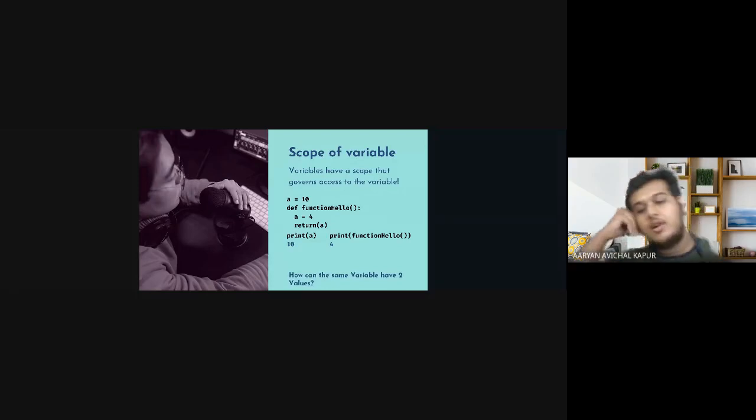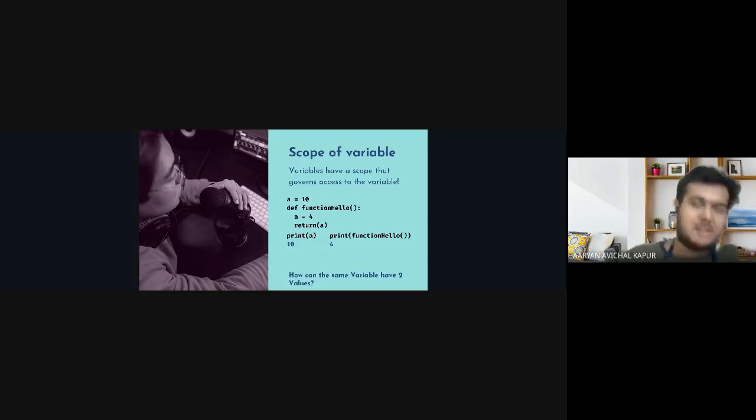Global means that the variable is accessible and modifiable from any part of the code. Anywhere in the code, I can simply come upon it. I can add to it, delete it, do whatever I want inside a function or outside a function, and I can retain that value. Now, local variables are accessible and modifiable only in that area.